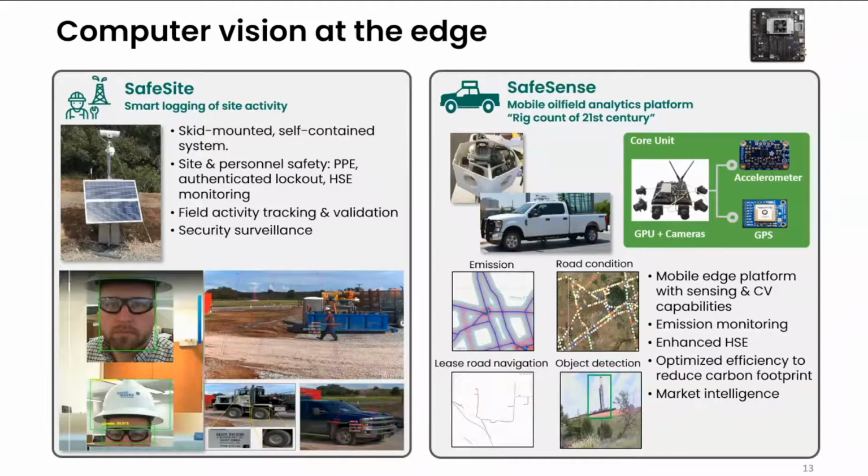So the first category is computer vision at the edge. Why we're doing it at the edge compared to doing it on the cloud is really the limitation of where the application is. For example, we need to install some computer vision devices or algorithms in remote sites, which have no connectivity at all. Or we may need to install them on a mobile device, and the signal is not always available when the truck is driving. In that sense, we are doing computer vision analytics at the edge.